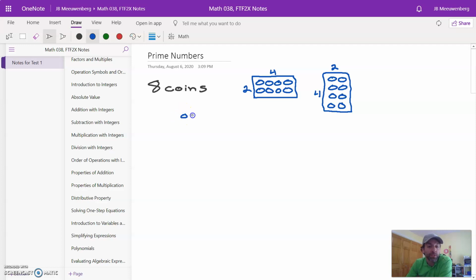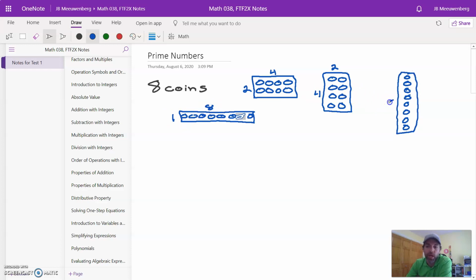Or maybe some of you did this. You just put them all in one row. 1, 2, 3, 4, 5, 6, 7, 8. Or maybe like this: 2, 3, 4, 5, 6, 7, 8. Right? So you can sort of stack them. And in both of these, you have a 1 by 8 or an 8 by 1. Okay. So then what I want you to do is take one of those coins away and do the same